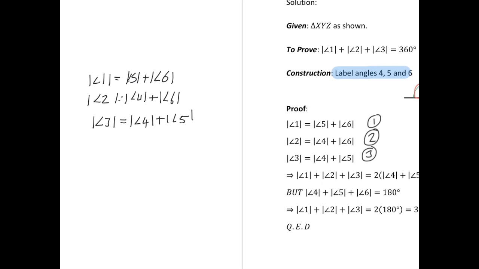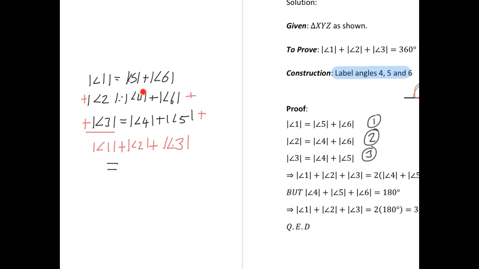If we add these three equations, on the left we're adding these three here, and on the right we're adding all three equations together. So when we do that, on the left, we just get the angle 1 plus the angle 2 plus the angle 3. But on the right hand side, we have